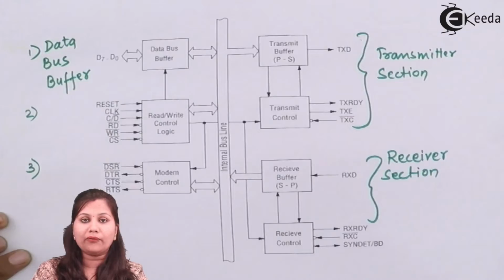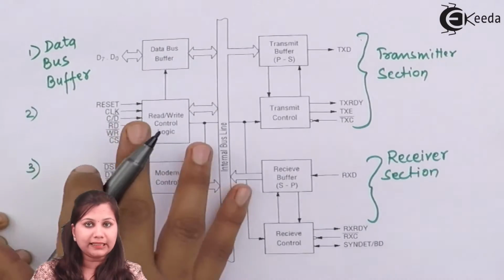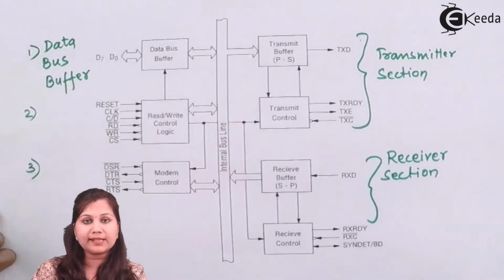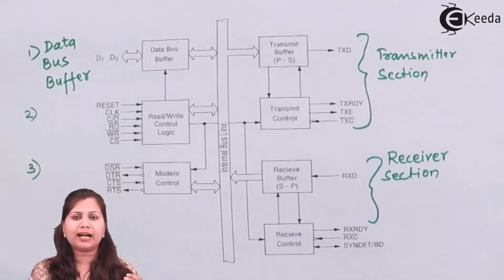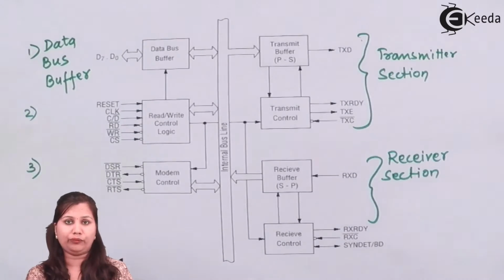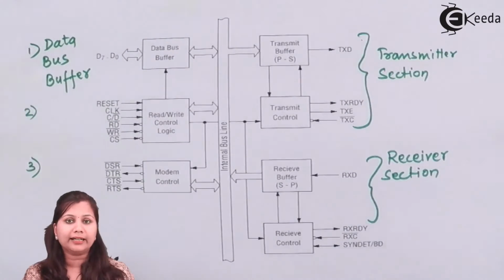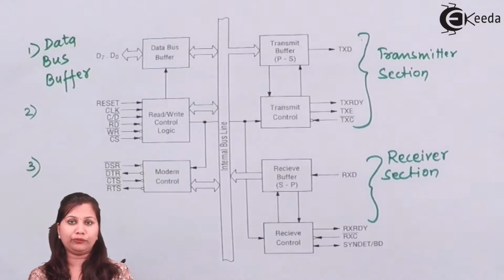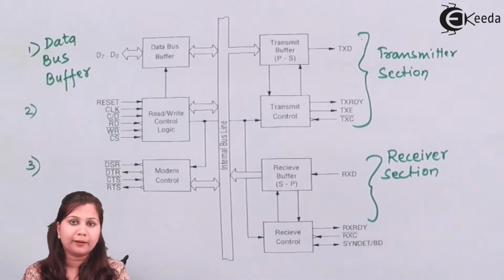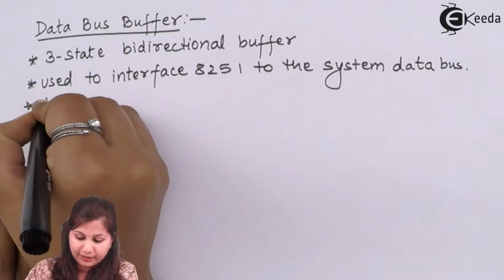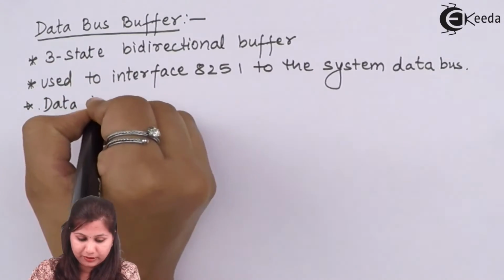Also the status information of all the signals and the 8251, that status information is also provided through this data bus buffer. So we can say that whatever data, whether it is transmitted or received by this 8251, will be stored in that data bus buffer. Whatever communication the microprocessor is doing with the 8251, that communication or transfer of data takes place through this data bus buffer. So here we can say that the function of this data bus buffer is that data is transmitted and received